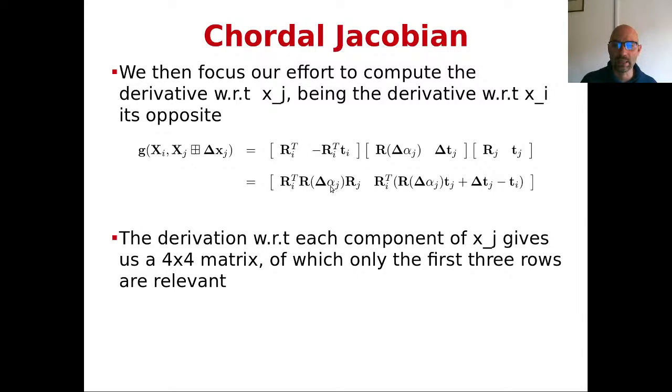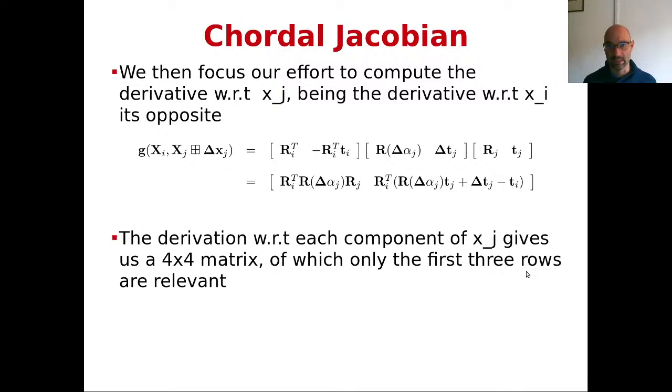here with respect to one component of the derivation, for instance with respect to alpha j x, will be by itself a transformation matrix. Okay? So I could visualize it as a stack of 3 by 4 matrices. How many? One for each component I'm deriving with respect to. So like I have 3 here and 3 here. So the derivative of this object will be consisting of 6